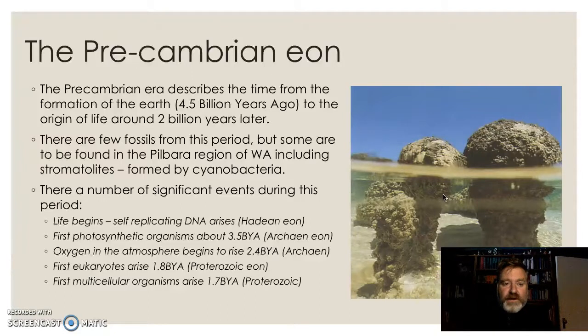So the first eukaryotes then appear about 1.8 billion years ago. And 1.7 billion years ago, we're starting to see multicellular organisms that are starting to become organised. So before then, it's all pretty simple stuff, and as you imagine, that's pretty hard to find any sort of fossil record. Although I will show you some nice little fossils from Flinders Ranges in class.